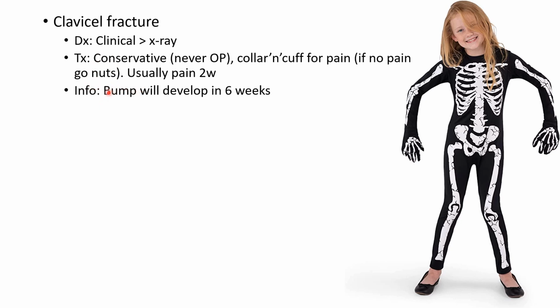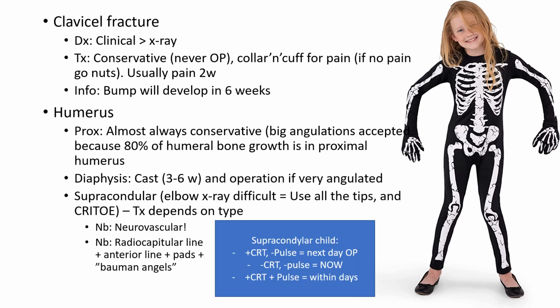So it's important to say to the parents that the child will get a cosmetic bump, like up here, in 6 weeks, and you don't have to do anything about it. It's something that they will live with. All right, then the humerus fractures. You have the proximal humerus fractures. They were somewhat uncommon, almost always conservative